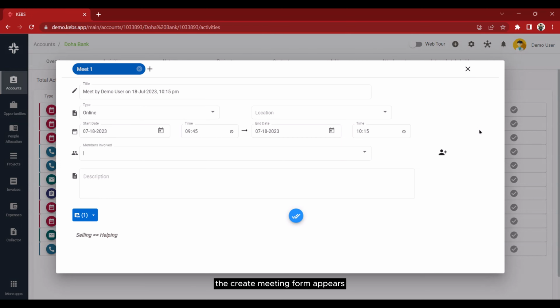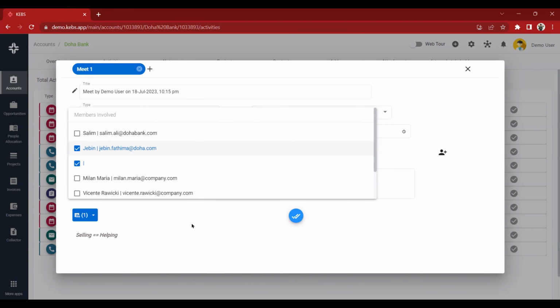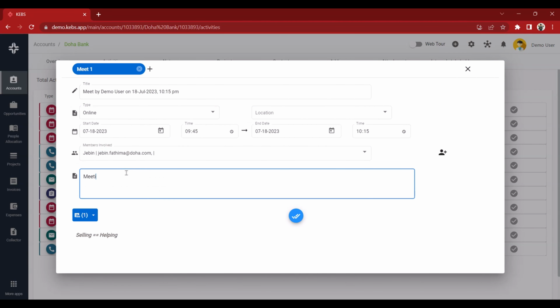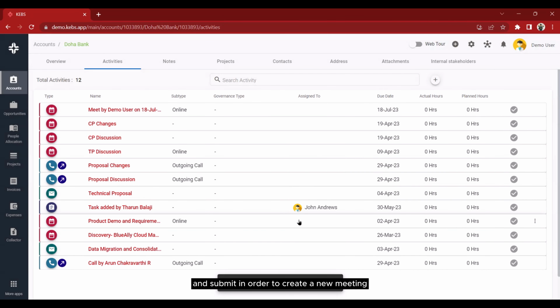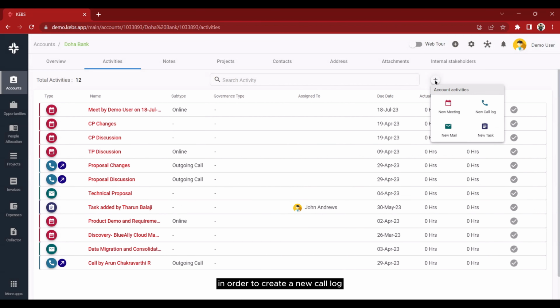The create meeting form appears. Fill the required details and submit in order to create a new meeting. Similarly, the same procedure can be followed in order to create a new call log,